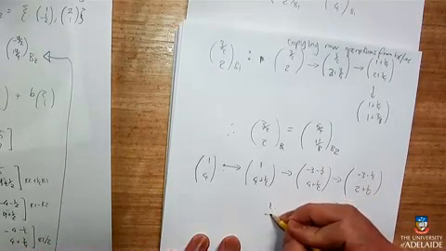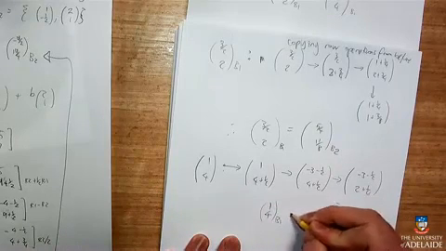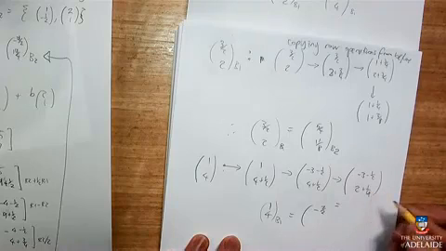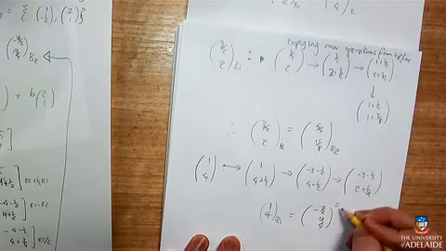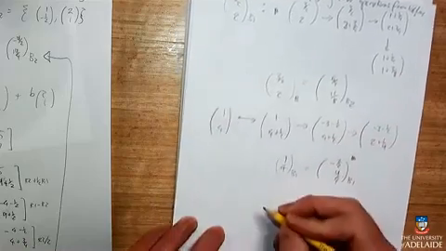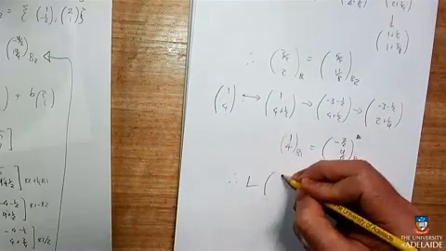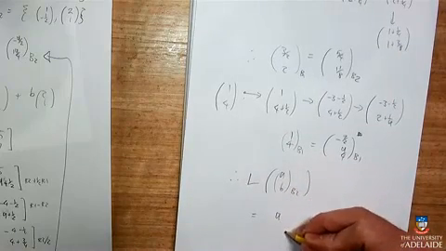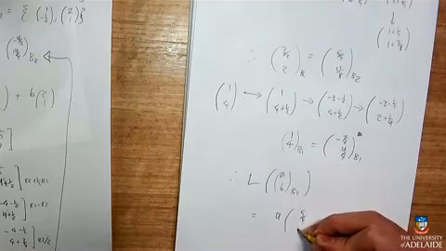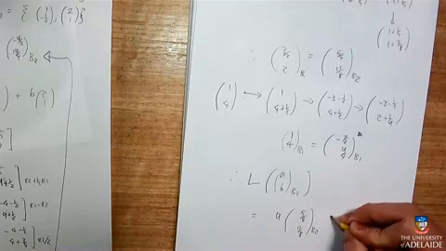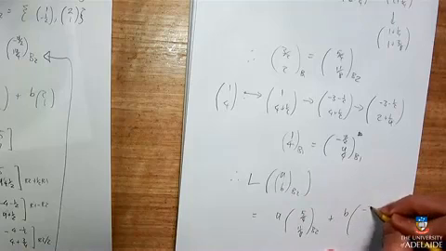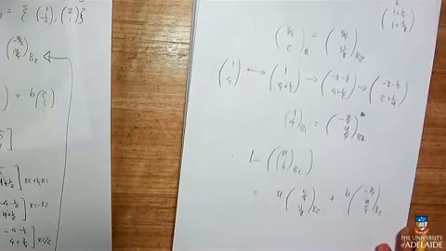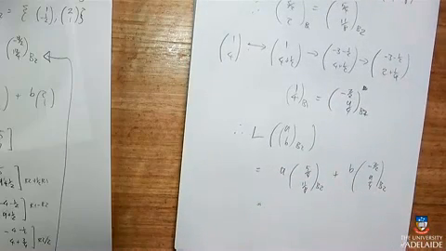So we've got that (1, 4) in basis 1 is actually minus 3 1/2, which is 7 over 2, and 2 1/4, which would be 9 quarters in basis 1. So, where were we? L of (A, B) in basis 2 is A of (5 quarters, 11/8) in basis 2 plus B of (7 over 2, 9 quarters) in basis 2. And that's whatever it is.